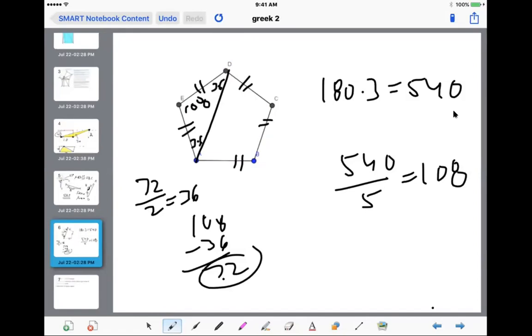Yeah, I get it now. Thank you. Okay, now there's an obtuse angle here also, but that's 108 because all the angles are equal in the pentagon. So this needs to be 72 so that they add up to 108 again. So the key to the pentagon